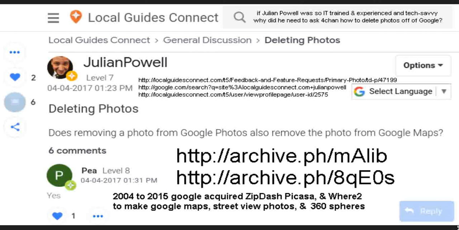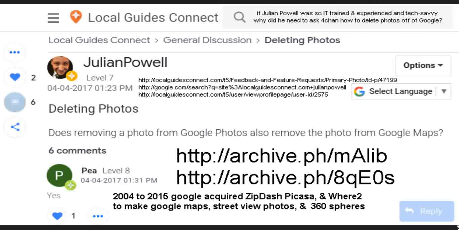And because some of the stuff cross-pollinated, like photos and 360 images, are considered similar or identical, Picasa, which became Google Photos, Where2 became Google 3D, 360, Google Maps Spheres, etc., and Google Maps, which was ZipDash, which had their user base, as well as hundreds of other companies, including using Google+, the thumbnails for your YouTube videos. There was a large, cumbersome mess Google Alphabet had to fuse together, so you ended up with passwords and logins